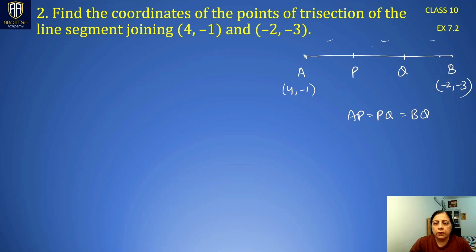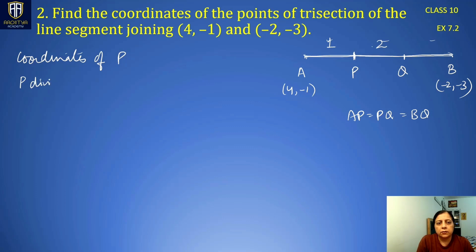So if these three parts are equal, for the coordinates of P, we can see that the ratio between AP and PB becomes 1:2. So P divides AB in the ratio